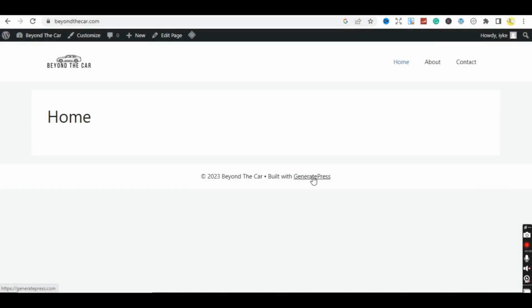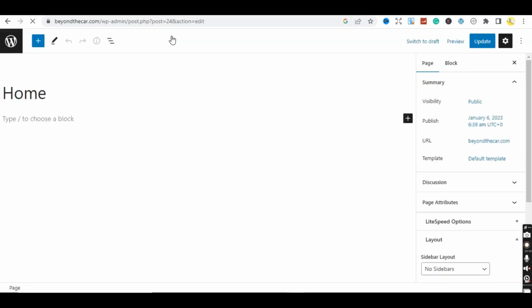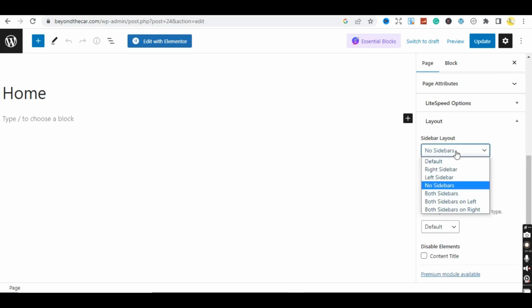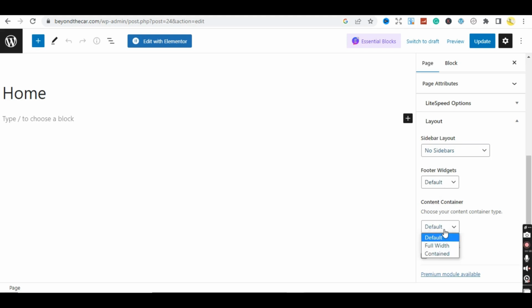All right, so this is what we have. Like I told you earlier, we want to remove this home title here, then we want it to be full width. So let's click on edit page here. We'll come back to the layout. We've chosen no sidebars already. For the container, we're going to choose full width. And then for disable elements, we're going to choose content title. So we want to disable the title. Now when you update it,